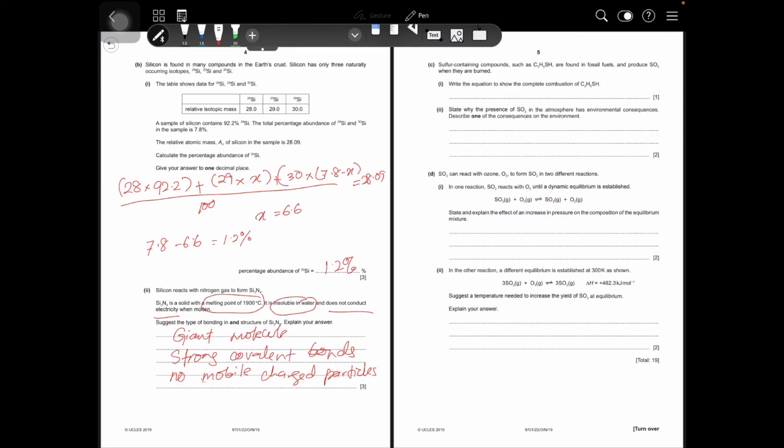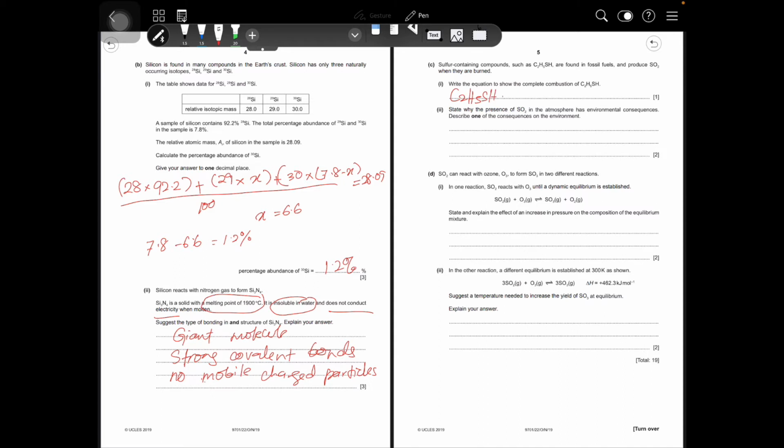So sulfur-containing compounds such as C2H5SH are found in fossil fuel and produce SO2 when they are burned. So write the equation to show the complete combustion of this compound. So just do a balancing equation as usual. So we have